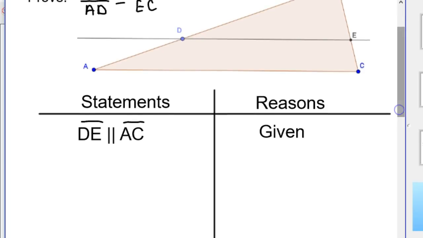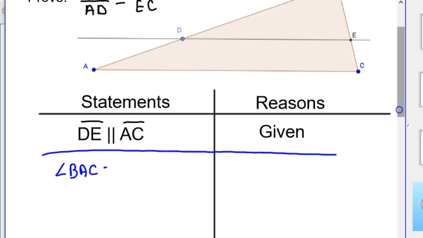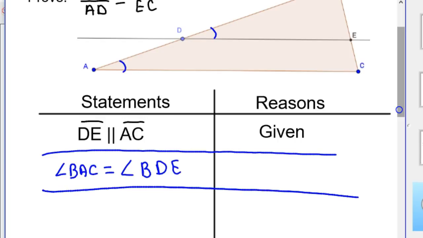And then because of that, we're going to prove the two triangles are congruent, or not congruent, but similar, the small one and the big one, like I drew out previously. And so for a second step, since those lines are parallel, we know that angle BAC is equal to angle BDE. So I'll mark that on my triangles. So here and here, those two angles are equal,